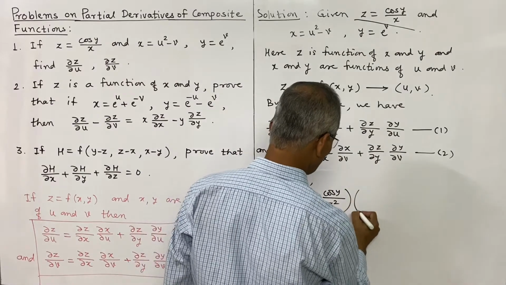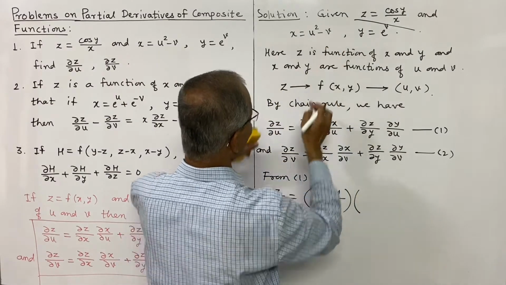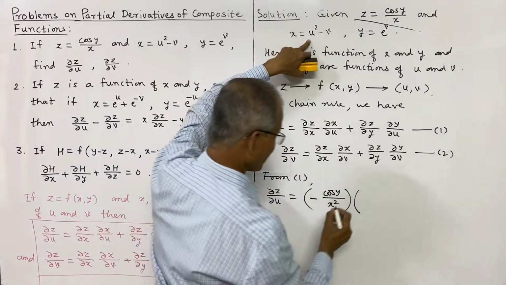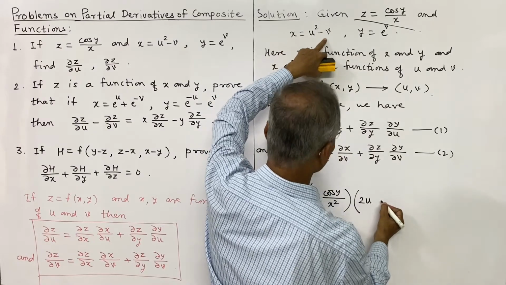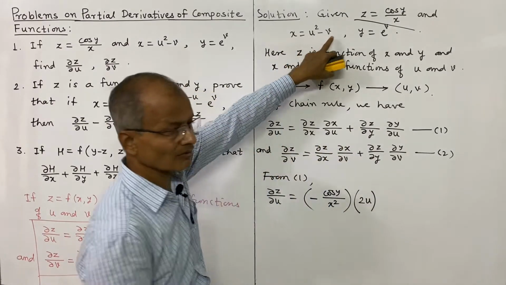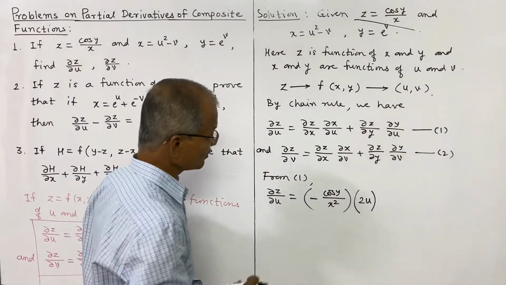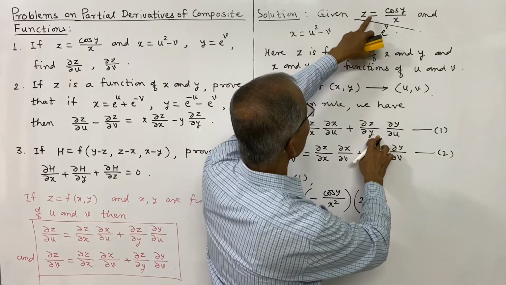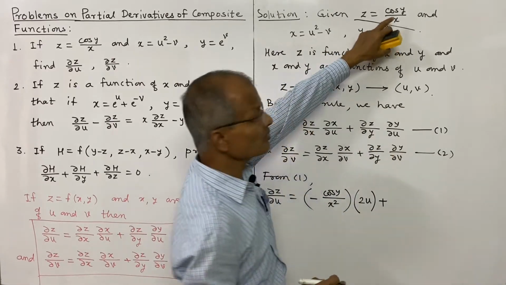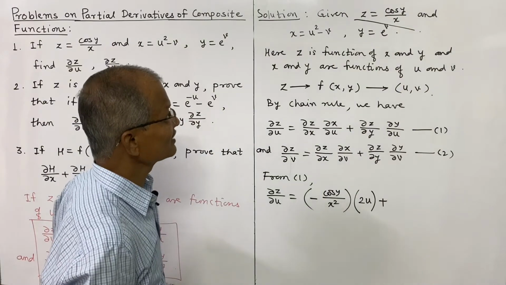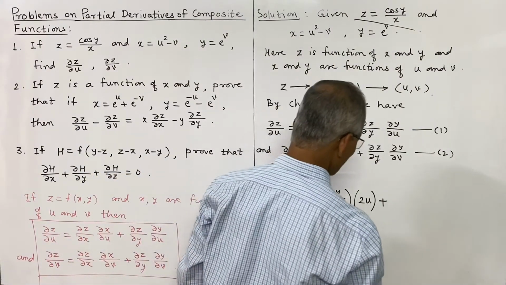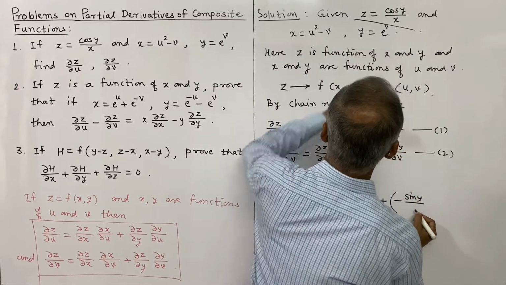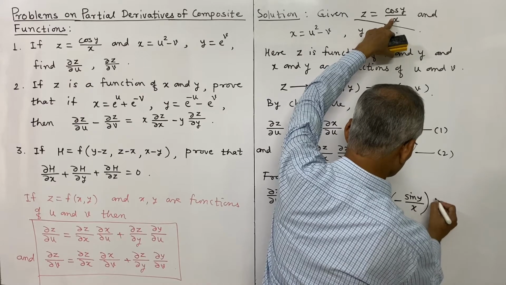And what is dou x by dou u? Partial derivative of x with respect to u. See this. Partial derivative of x with respect to u is 2u, and v is to be treated as constant, so its derivative is 0, and simply it is 2u, and plus dou z by dou y, partial derivative of z with respect to y, and x is to be treated as constant, so 1 upon x remains as it is. Derivative of cos y with respect to y is negative sin y, so it is negative sin y divided by x, which remains constant, into